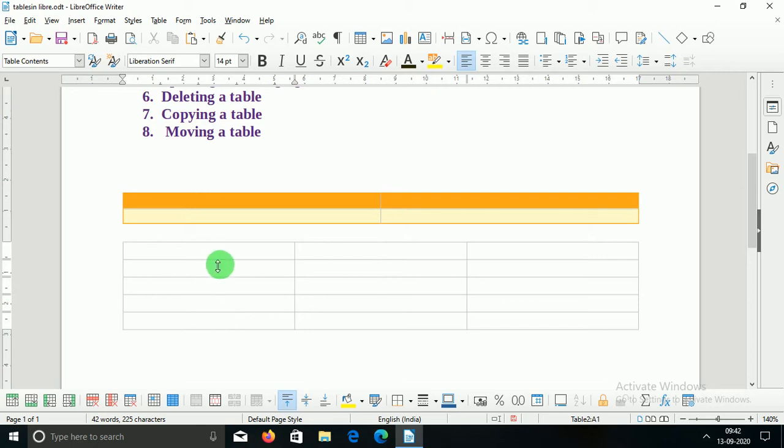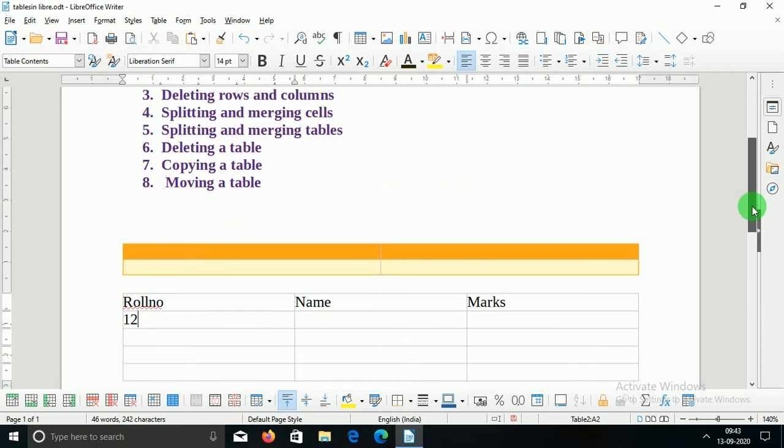To give the contents in the table, like roll number, when you put a value in one cell and you want to come to another cell, then just press the Tab key, beta. Only press the Tab key and you will move to the next cell. Okay, then name, press Tab. Okay, then marks like this, then press Tab, it will come to another cell. Okay, so this is how you can move in this table.